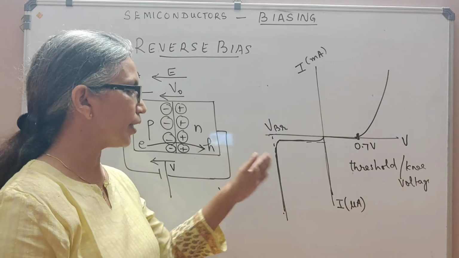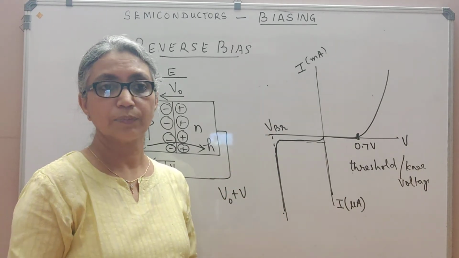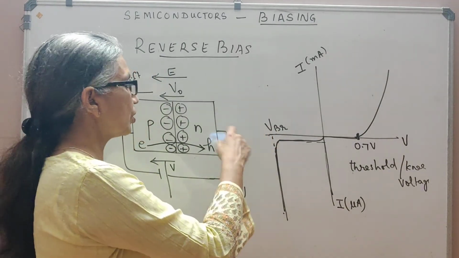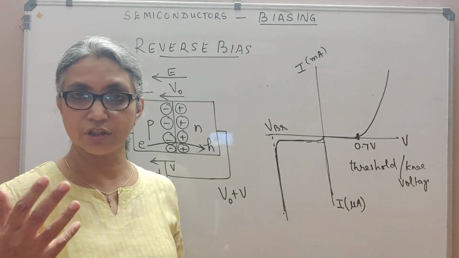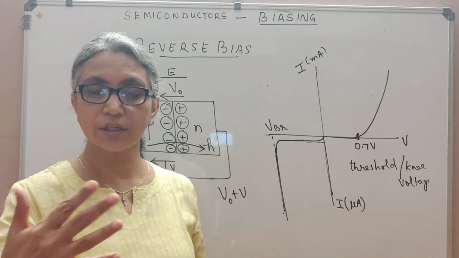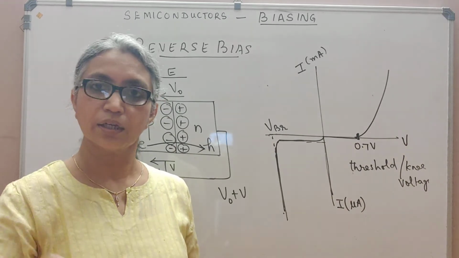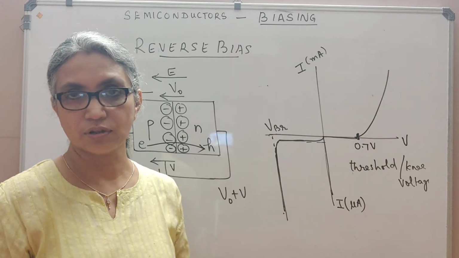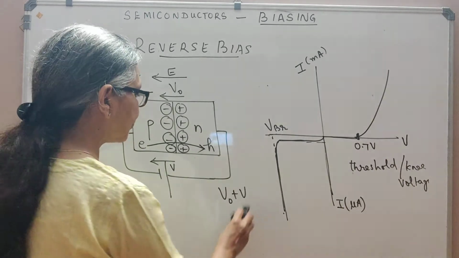This current at breakdown voltage is called the avalanche breakdown, simply because as you increase the applied voltage, most of the free electrons get high kinetic energy and collide with the electrons in the valence band, the bonds are broken, and suddenly you have a large avalanche of electrons or charge carriers, causing this large current in the circuit.